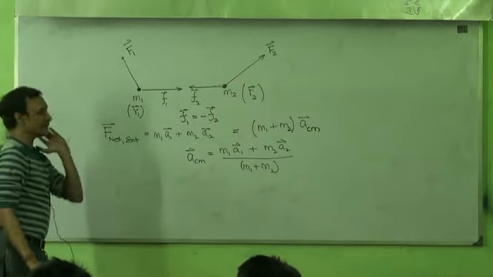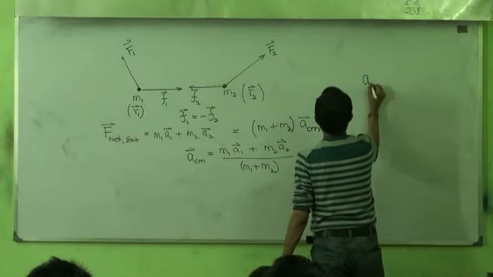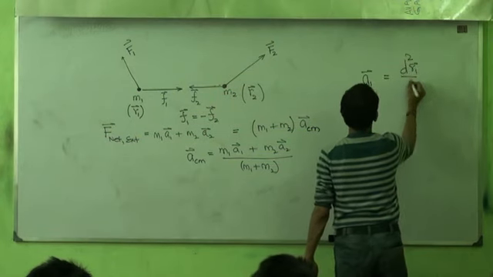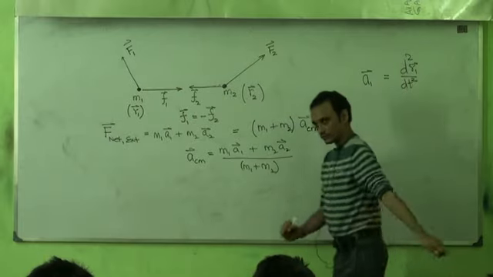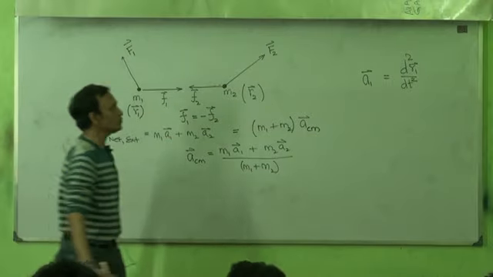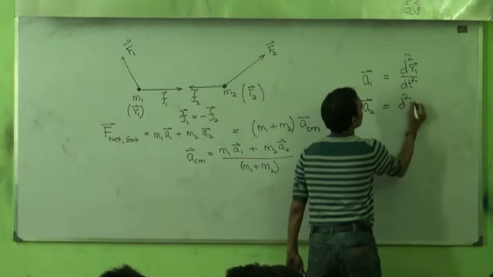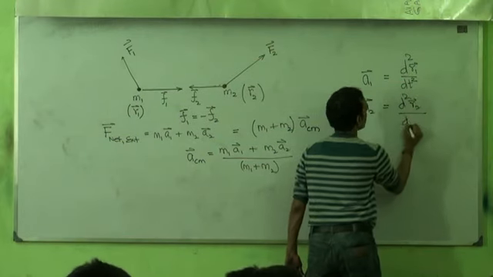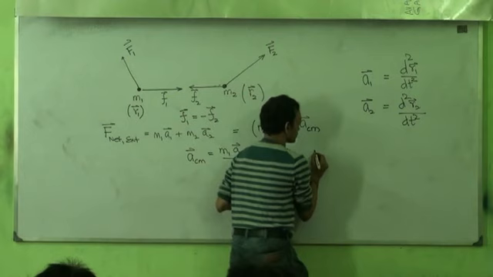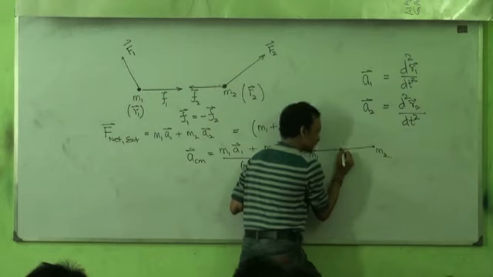And then what I could do is realize that A1 is d²r1/dt², right? That's A1, isn't it? A1 is d²r1/dt², A2 is d²r2/dt², and if the center of mass position, that means this notional position, m1 and m2 replaced by one single particle